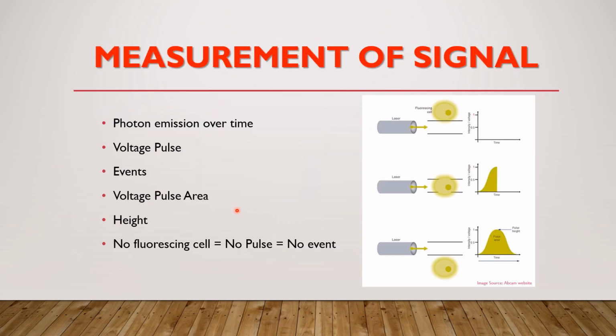Measurement of signal. As the fluorescing cell passes through a laser beam, it creates a peak of photon emission over time. These are detected by the PMT and converted to a voltage pulse known as an event. The total pulse height and area is measured by the flow cytometer. The measured voltage pulse area will correlate directly to the intensity of the fluorescence of that event. In this figure you can see the PMT measures the pulse area, the voltage created. You can see when the cells start passing through a laser beam, it creates a peak emission like this. The moment it leaves the laser beam,